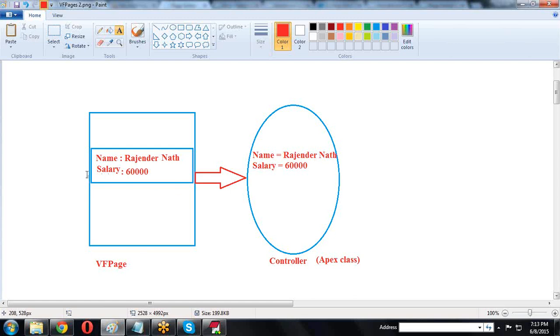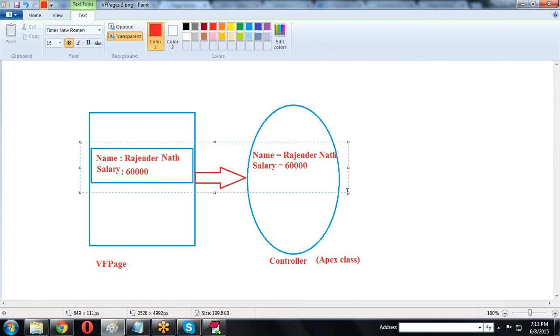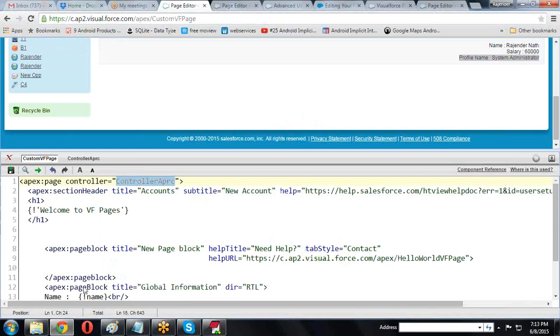What is the difference between standard controller and controller? The standard controller is if you want to get the standard object functionality or custom object functionality, already predefined objects, already created objects.